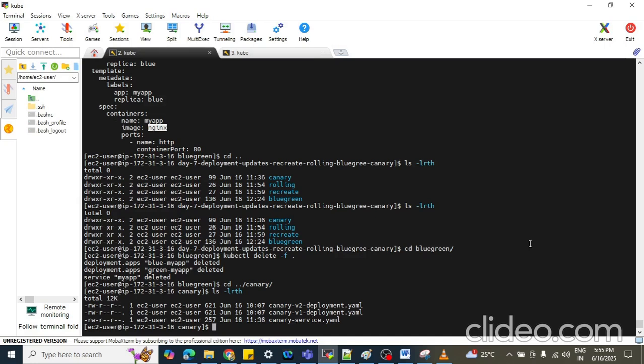What is this canary deployment? In our canary deployment, we can test our version v2 with our real-time user interface.